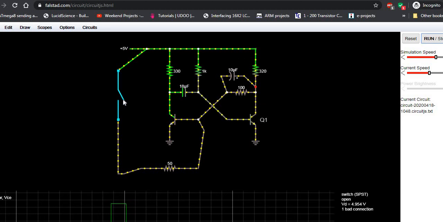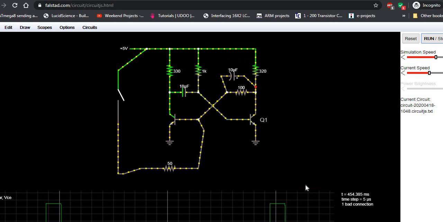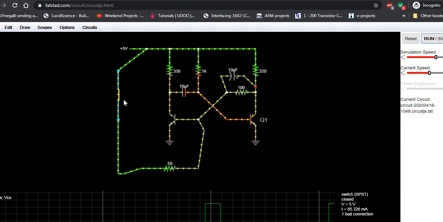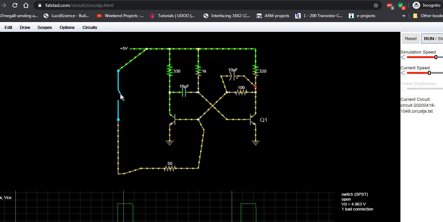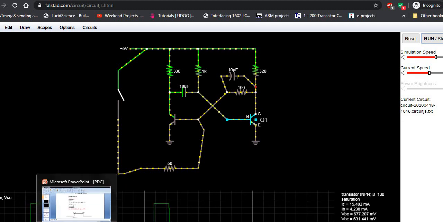Right? Once again you apply the triggering. Let us see. We have got the output here. Right? So the one thing we are supposed to note here: no matter how many times we apply the triggering, even if you keep that triggering switch on, even then we are going to have only one output pulse. Means we are supposed to allow some time for Q2 to switch between cutoff and saturation.